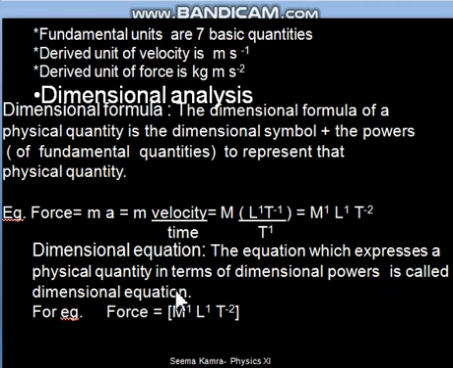So this is the introduction of dimensional formula, and in the next sheet we will understand the dimensional formula for many quantities. Remember that you have to use the standard symbols: for mass capital M, for length capital L, for time capital T, for current capital A, for temperature capital K. Generally these 5 quantities appear in the general formulas, and the other 2, amount of substance and light intensity, may also appear. We will understand a few more quantities in the next video.